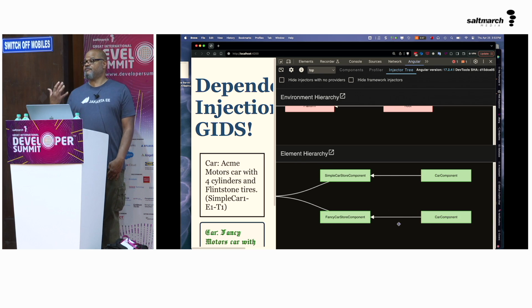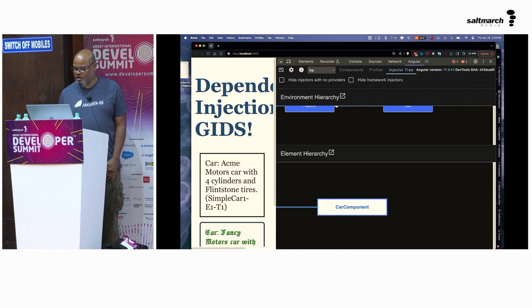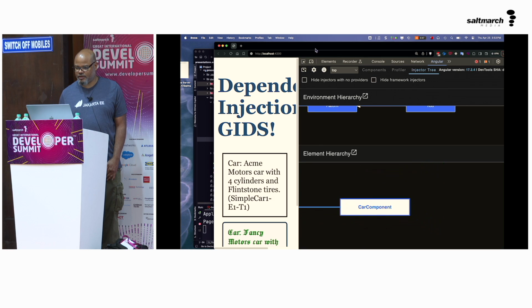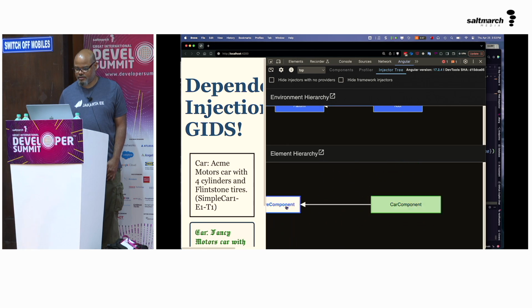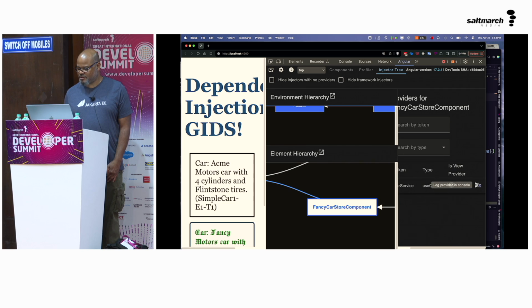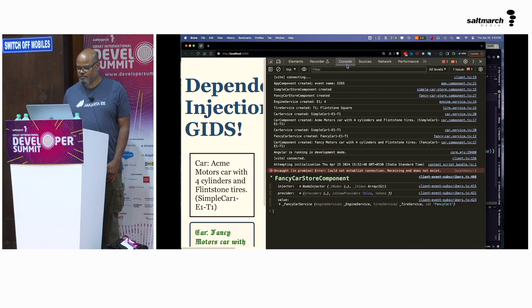And because we've configured them differently, they behave differently, right? So if I look at the car component, there's no injectors there, nothing here, but there is at the fancy store component level a car service. And what's nice in this little view is you can actually display it in the console. So you can see here it's fancy car service, which is what we wanted.